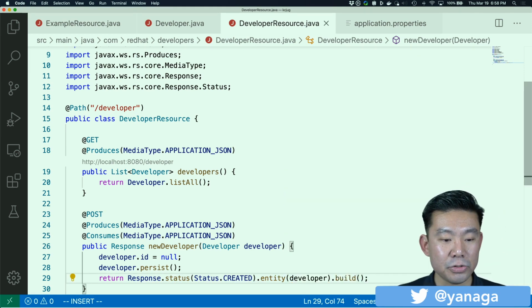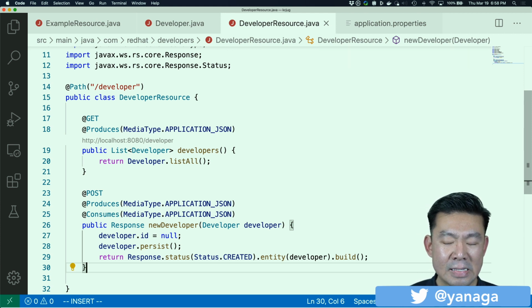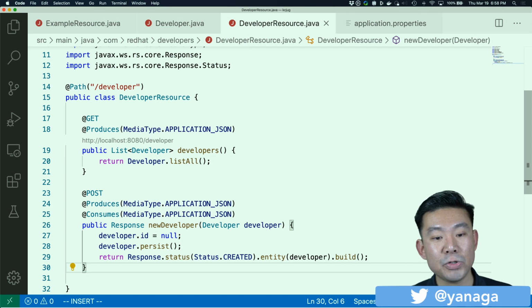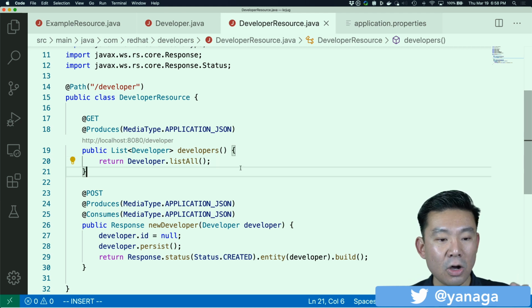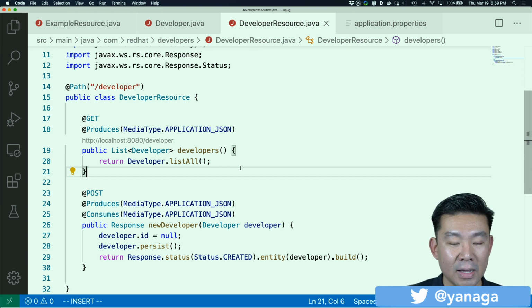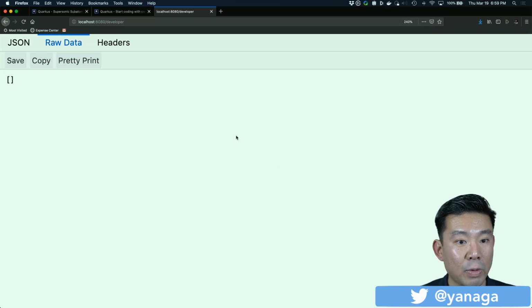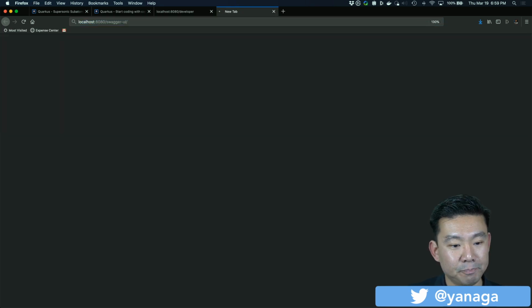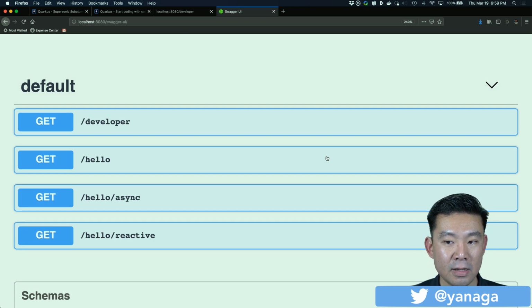And how do you test this POST endpoint? Traditionally, you would need a Firefox plugin or Postman, or you would need to create a very complicated CLI command using curl. But since we're using Quarkus and I've added the OpenAPI extension, Quarkus is reading all the REST endpoints in my project, and it's generating an OpenAPI schema that already documents all the methods that I can execute in my REST interface. And since we are running in development mode by default, Quarkus provides us with the Swagger UI extension.